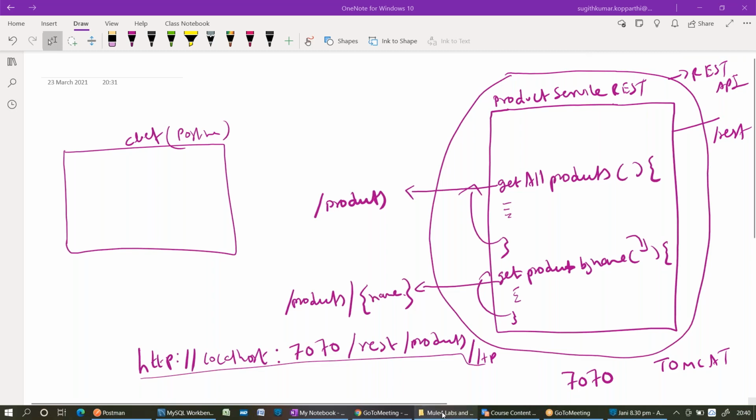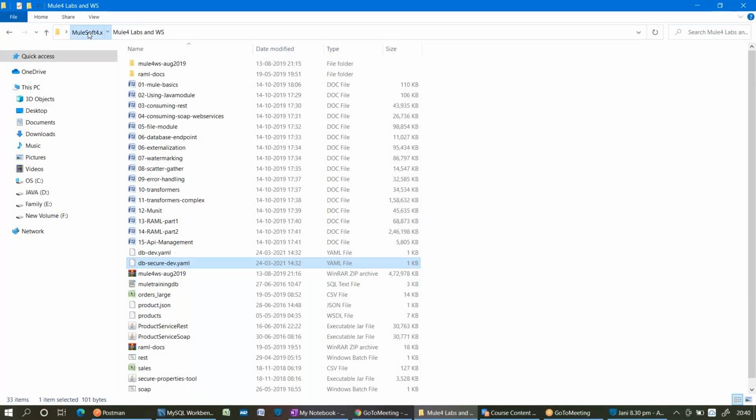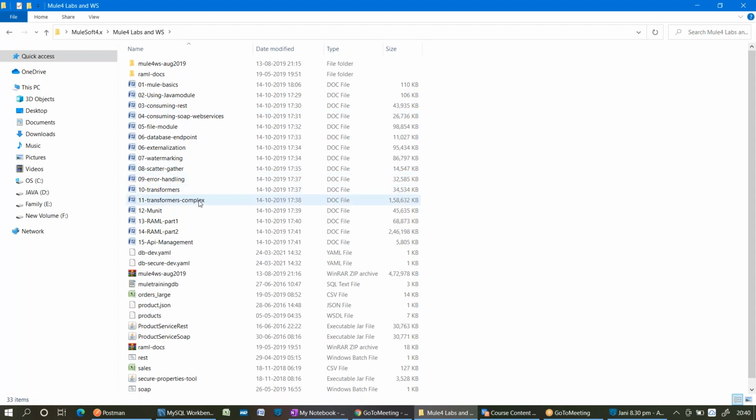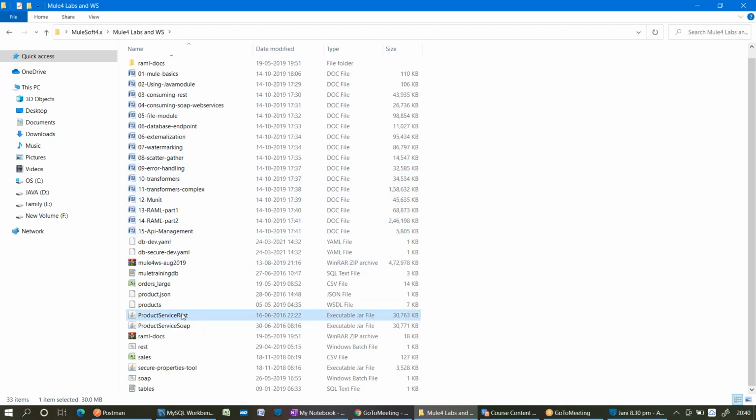In the MuleSoft 4.x folder which I have given to you, in that Mule4 labs and workspace, there you can see one application, the Product Service REST application. What type of file is it? A jar file.